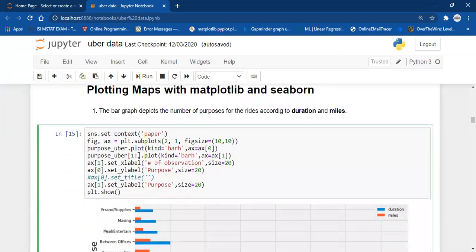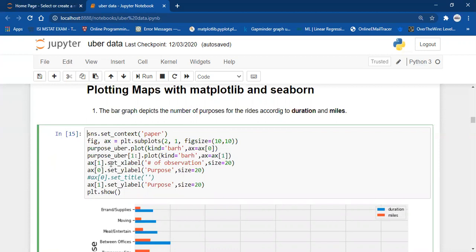So as you can see, on purpose_uber, I have used the data frame dot plot method, and then kind equals barh. Barh stands for bar horizontal, and I want this for my first graph. So ax equals ax0. Then I calculated purpose_uber1.plot.barh. Why have I used one? Because the first value is commute and I don't want the commute value. As I mentioned, I want to plot two graphs, one including the commute value and one without the commute value, so that we can see what the commute value is actually doing.